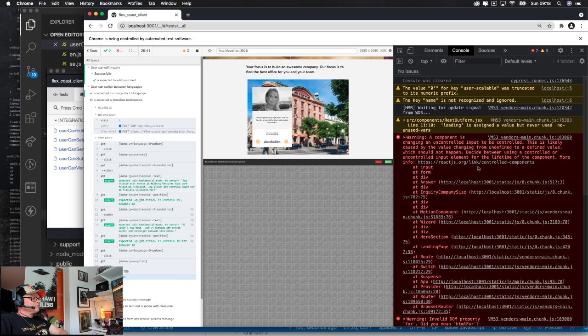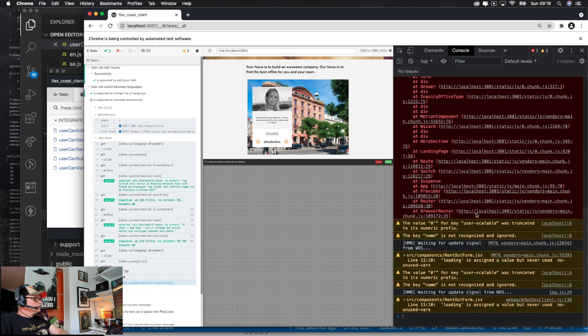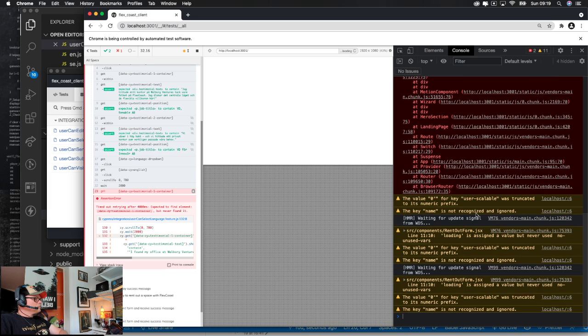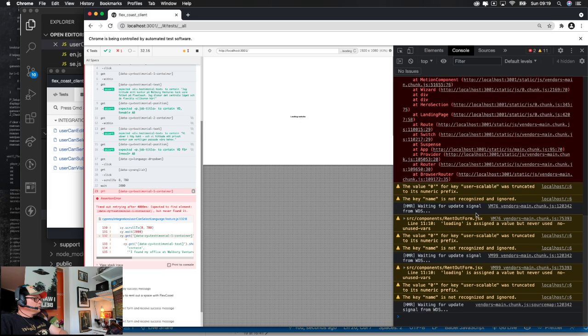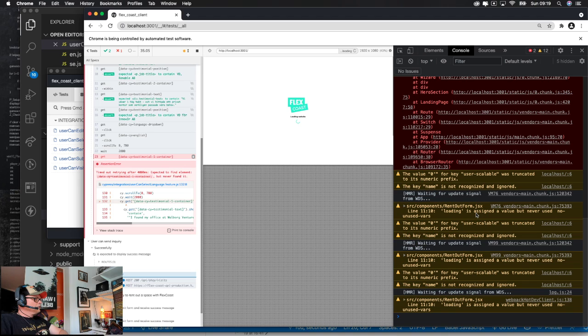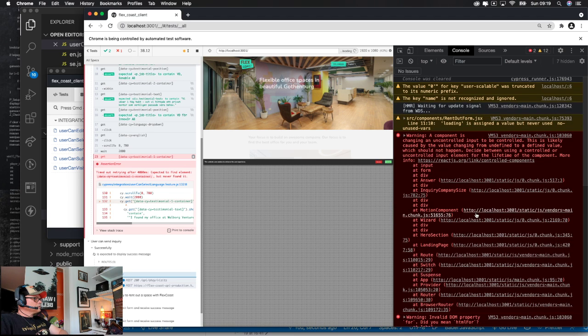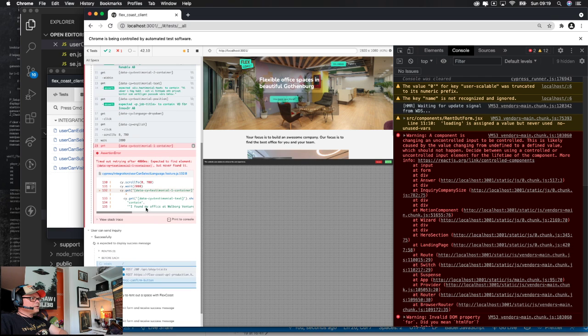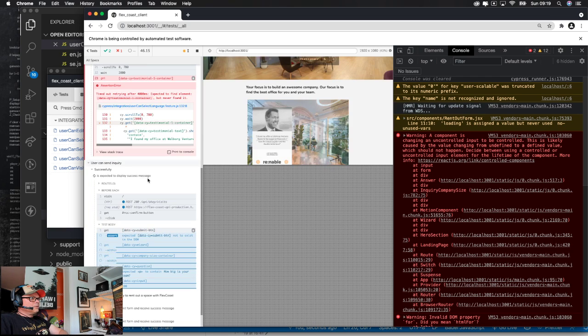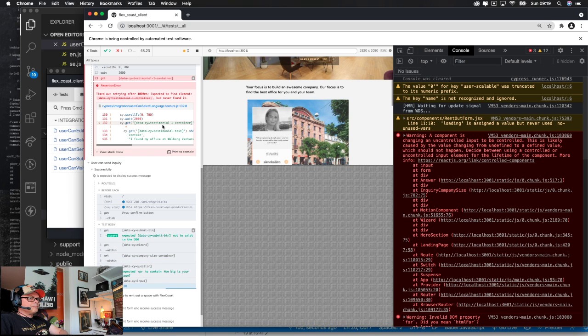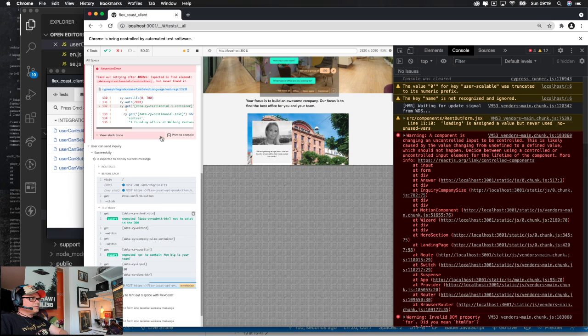That's just a form element that is being pre-filled with some data, and then we have some other warnings. Now we have some errors here. Right.